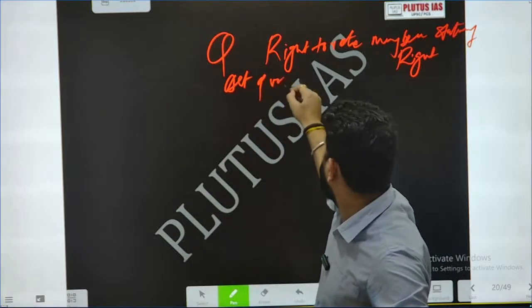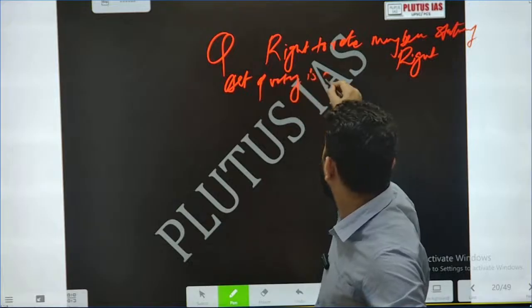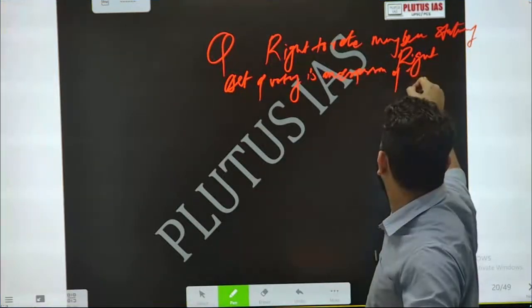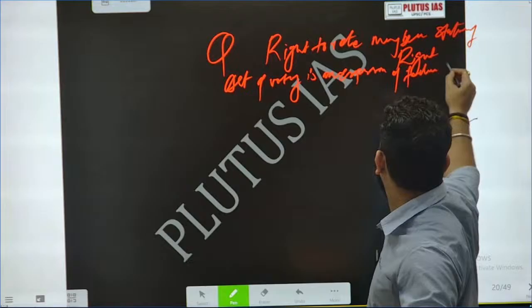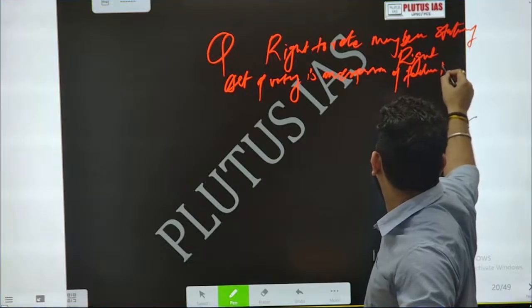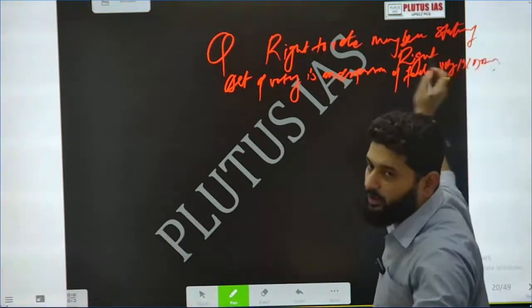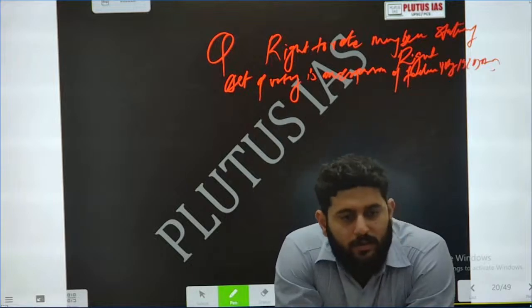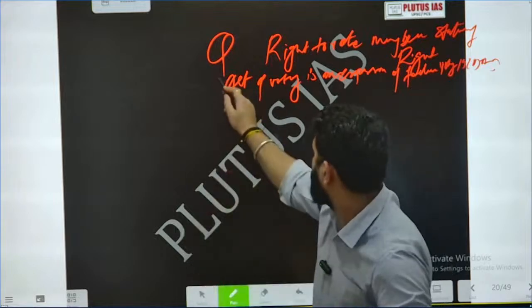Act of voting is an expression of freedom under Article 19(1)(a). ठीक है. अब examine the statement in the context of